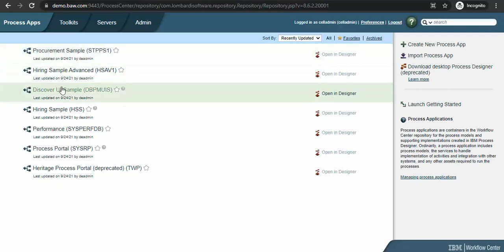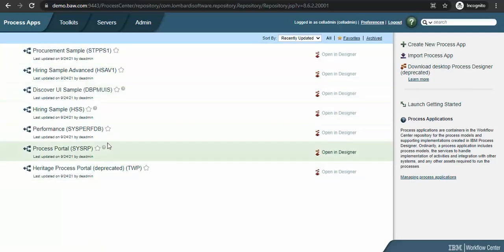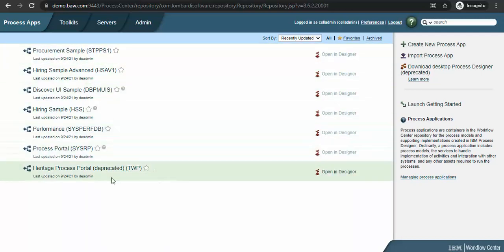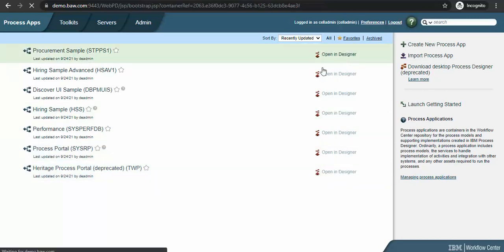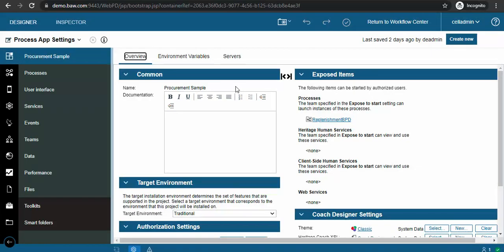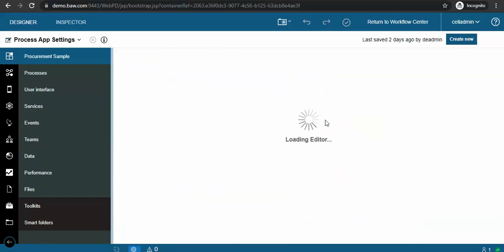So these are all the apps which are provided by default. Okay, so we have 7 process apps, and let's open the first one. Okay, so we got by default one BPD as well, replenishment BPD.